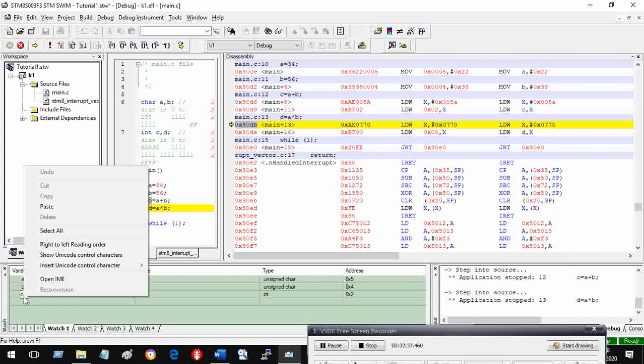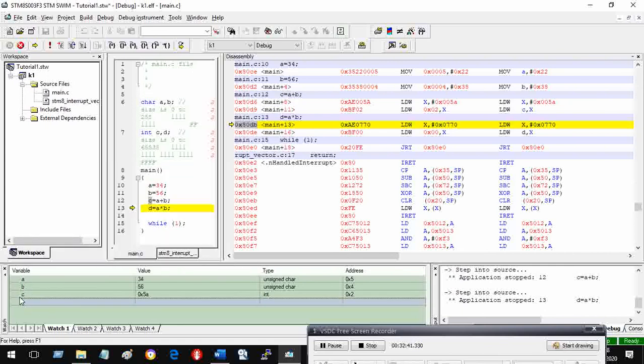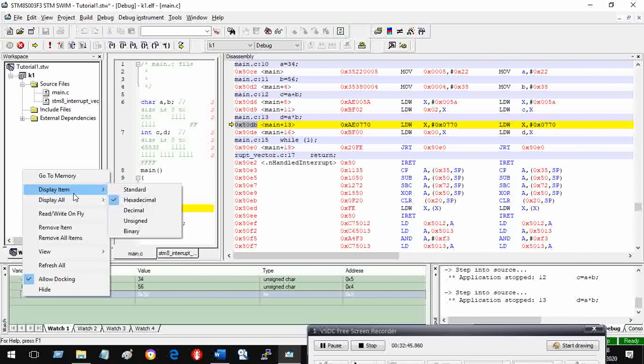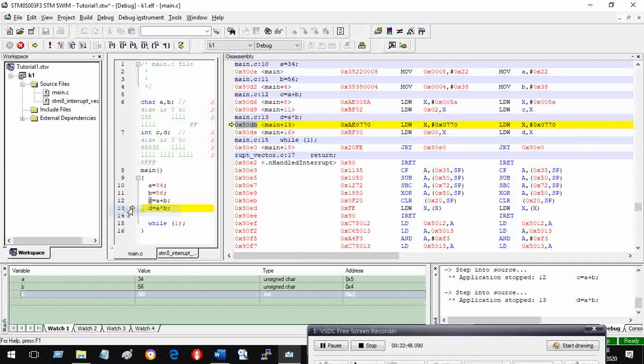I am right clicking, which you cannot see. I go to C, right click, display item, decimal, and you see it decimal 90. So 4 plus 6, 10, carries 1, 5 plus 3 is 8, carries 1, so 9. So this is how it has worked.